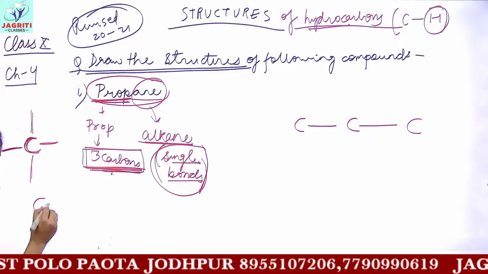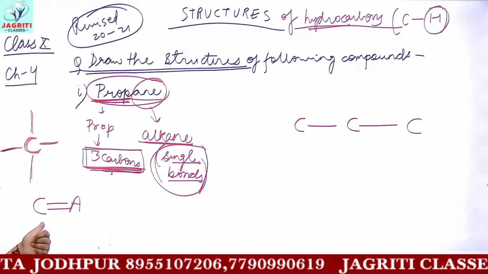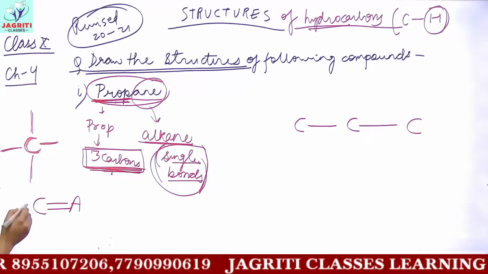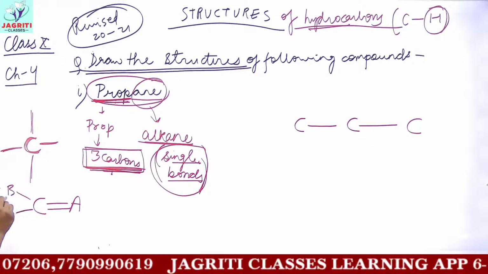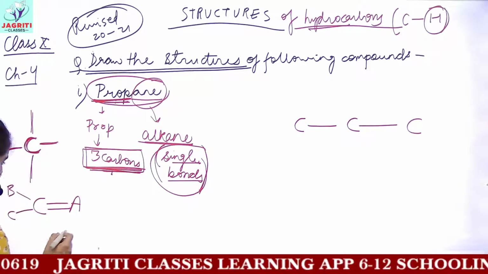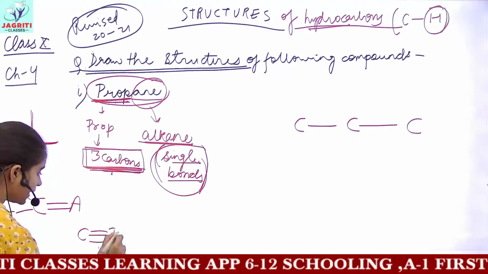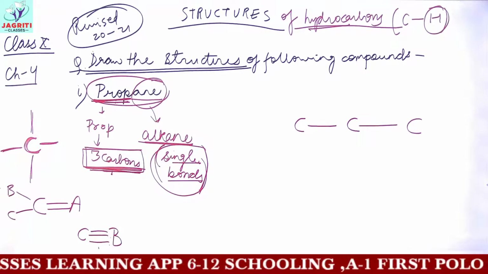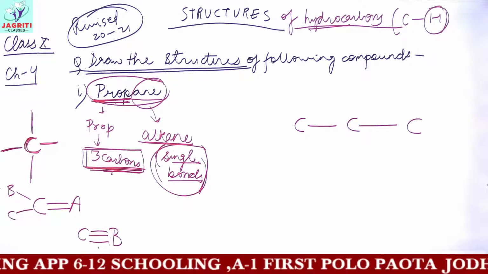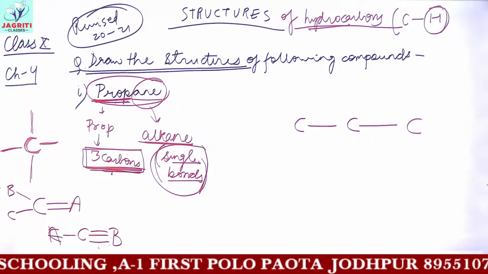If carbon makes a double bond, let's suppose carbon joins with A through a double bond, then out of 4, 2 bonds are already used up. So the remaining 2 will be joined by different atoms. This has already been discussed in the previous classes. If carbon makes a triple bond with something, let's say carbon binds with an element B, then out of the 4, 3 hands or 3 valencies are already used up. One remaining valency would be joined by another element like A.